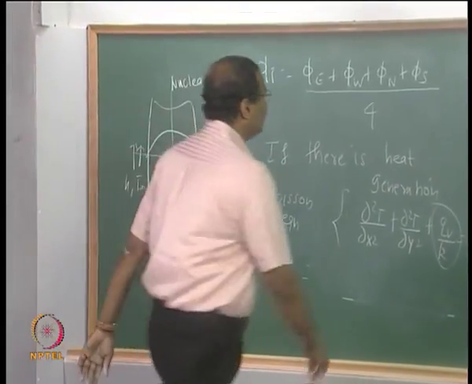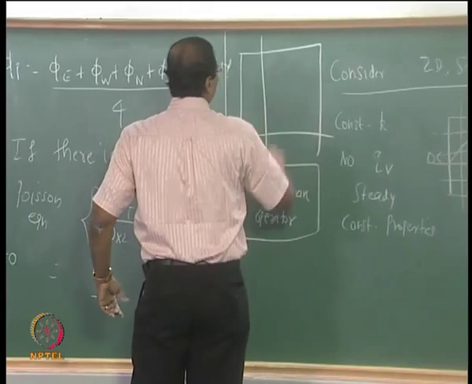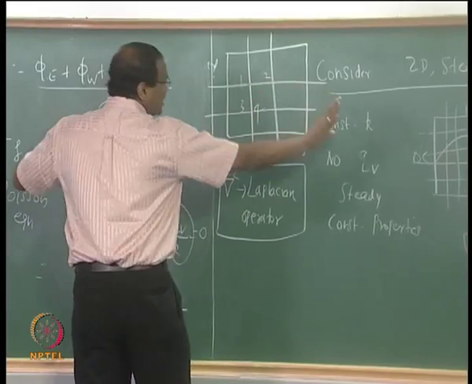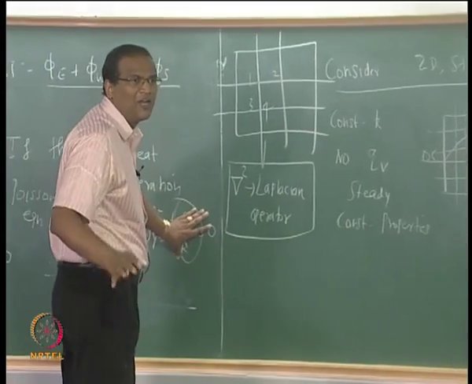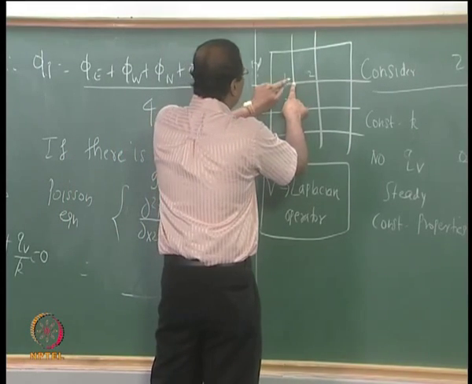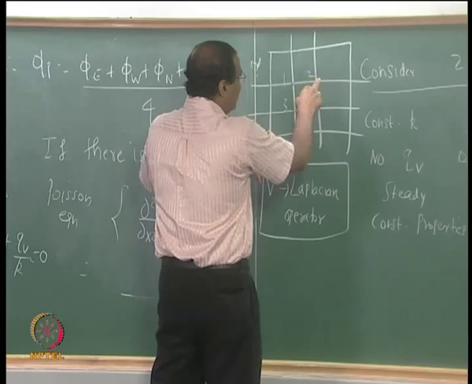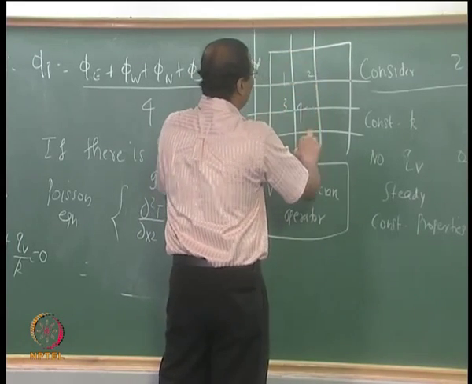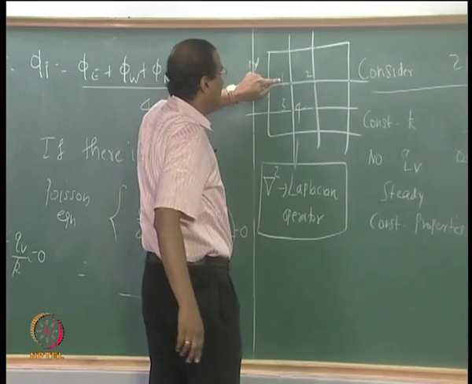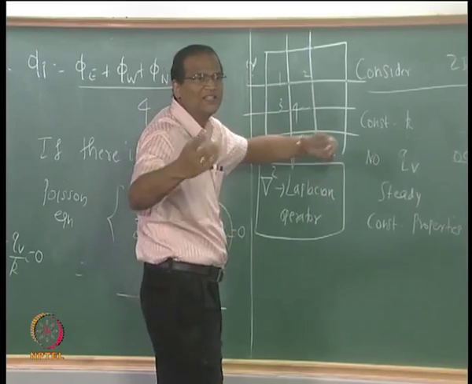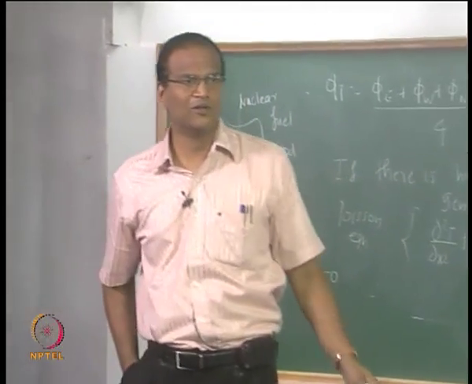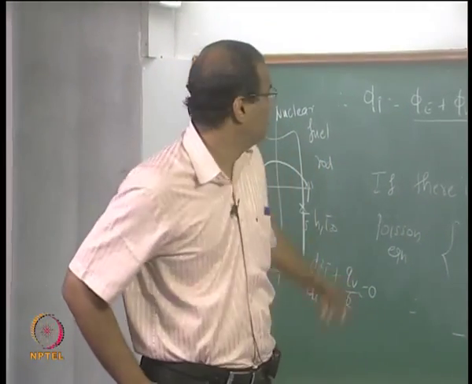And because if you have 1 2 3 4, so suppose it is simple without this, which we call a plain vanilla problem, for example Q is equal to 0, then you know that this fellow will be this plus this plus this plus this divided by 4, this fellow will be this plus this plus this plus this divided by 4, this fellow will be this divided by 4, and boundary conditions are given. So to start you will say T1 equal to T2 equal to T3 equal to T4 is 20 degrees, 30 degrees, 40 degrees to start with, and then it will eventually converge, because it will be diagonally dominant and all those features will be there, because you are always getting that 4,